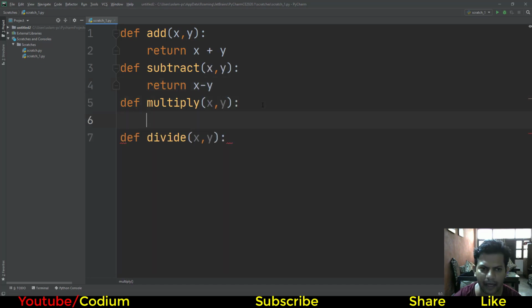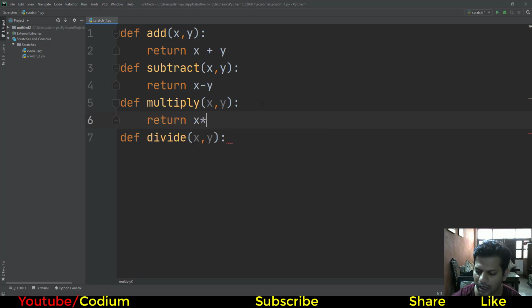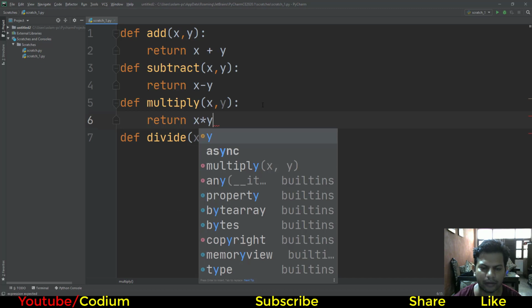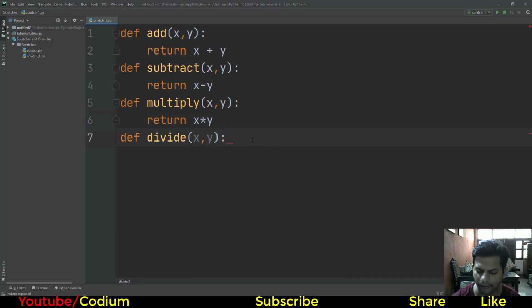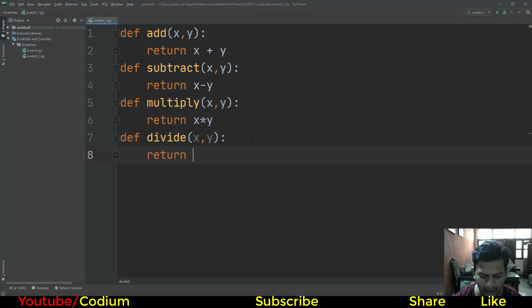If multiply, return x star y. If divide, return x divided by y. So we define four functions: add, subtract, multiply, divide. The return values are plus, minus, multiplication and division.